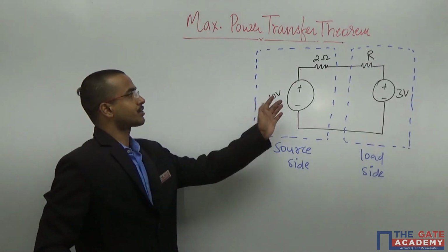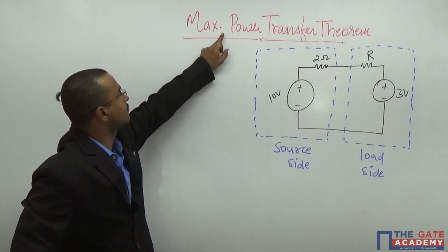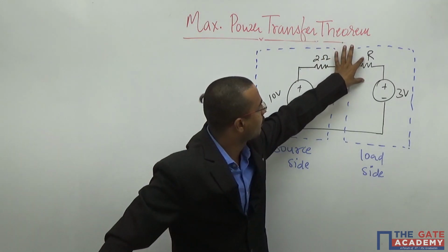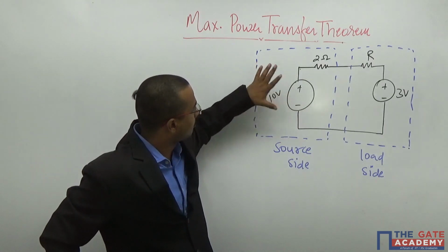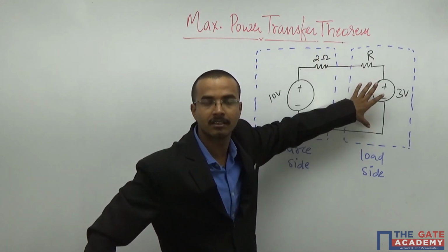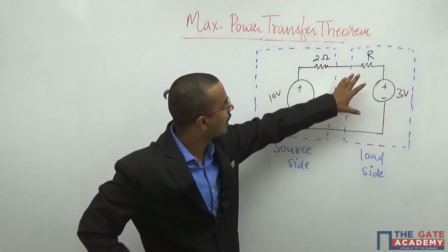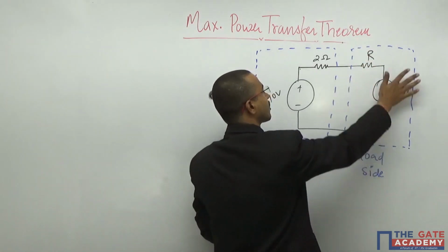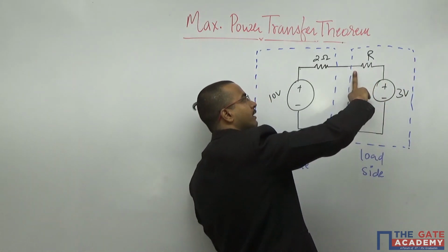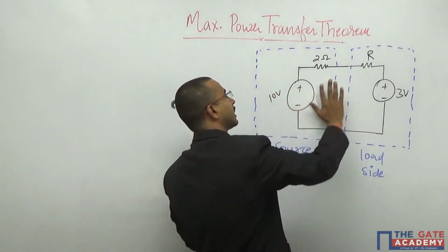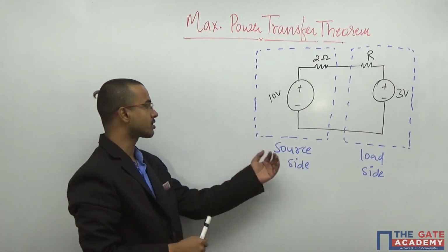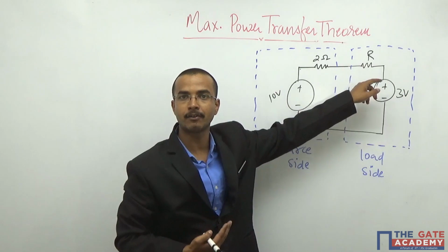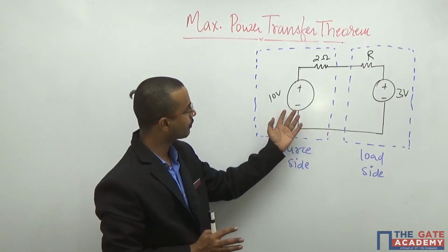Now, this is the question again from the maximum power transfer theorem, and here you have to tell the value of R for which you will get the maximum power from this source side to this load side. They are not asking about the power across this or power across this, because the total load is the combination of them. That means you want to know how much power across this particular circuit from this particular circuit, from source side to load side, in which condition of R. That means you have to calculate the value of R for which you will get the maximum power from this side to this side.